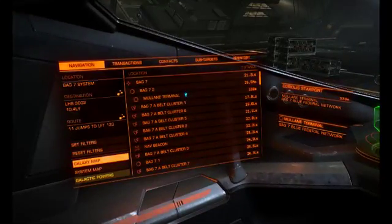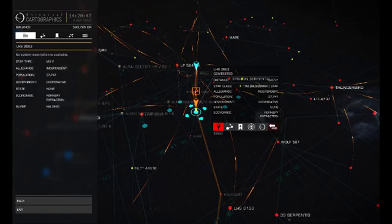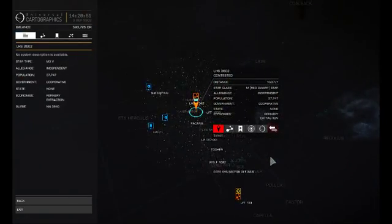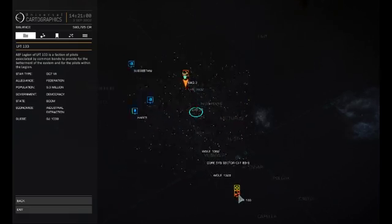This is the one where we have got some better missions from and stuff like that, because the station is green. And are we loading? Yes, here we go. So this is the one that is advertised on the board when you log in, and you can see it's got a gold star on it. So we actually go to that system,